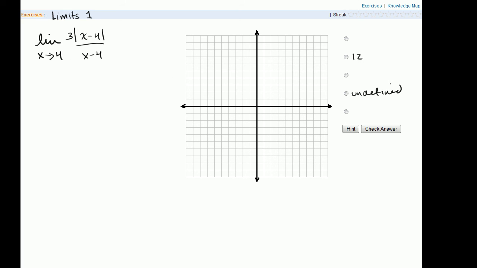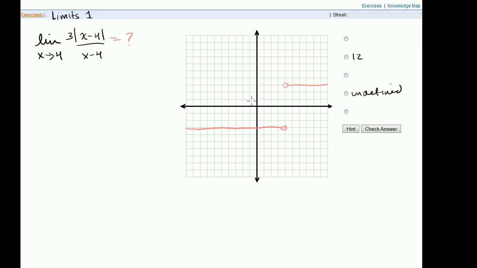If you were to graph this function, which would be kind of a neat thing to do, especially if you were to graph this version, 3 times x minus 4 over x minus 4, it will look something like this. So at 4, 1, 2, 3, 4, it's going to be below 4, you're going to be like this. You're going to be at negative 3. I'm doing the version with the 3 coefficient out here, and obviously this is going to be question mark. You are undefined at 4,